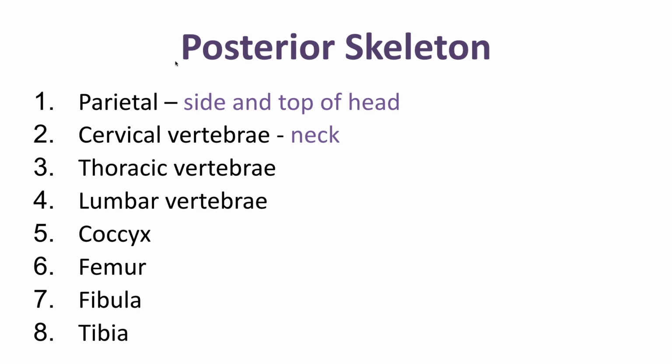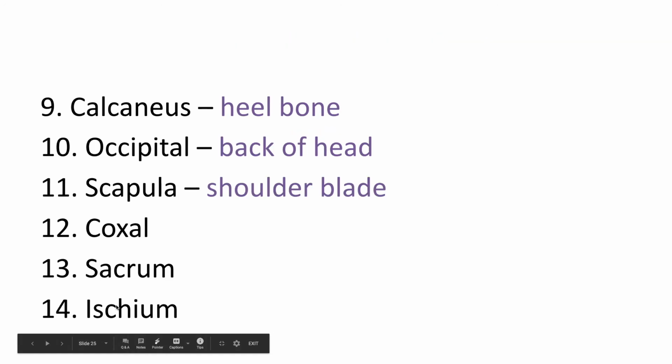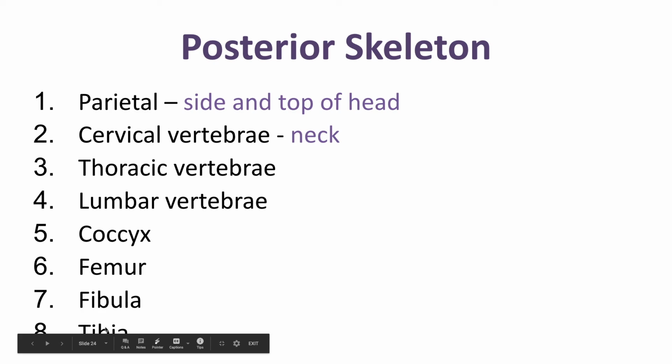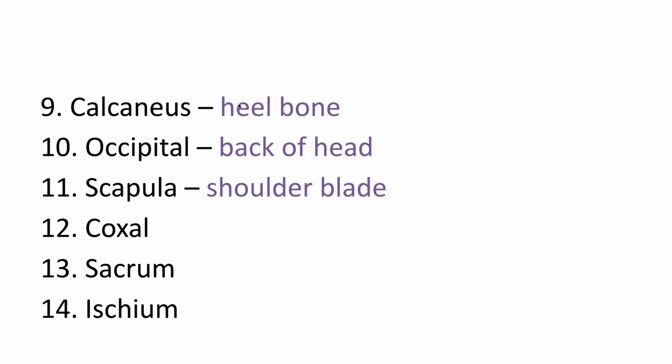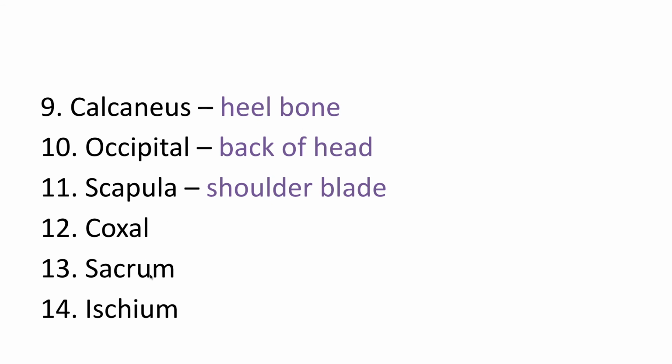And in this posterior skeleton, you also can identify your femur, which we said before is that thigh bone, your fibula, which is that lateral or outside ankle bone, non-weight bearing, fun fact, and your tibia, which is that medial ankle bone or just your shin bone. The calcaneus is specifically the heel bone in your foot. The occipital bone is the back of the head. Your scapula, or your scapulae, are your two shoulder blade bones. That coxal bone, again, being the entire hip girdle region, which can be further identified as the sacrum, the ischium,